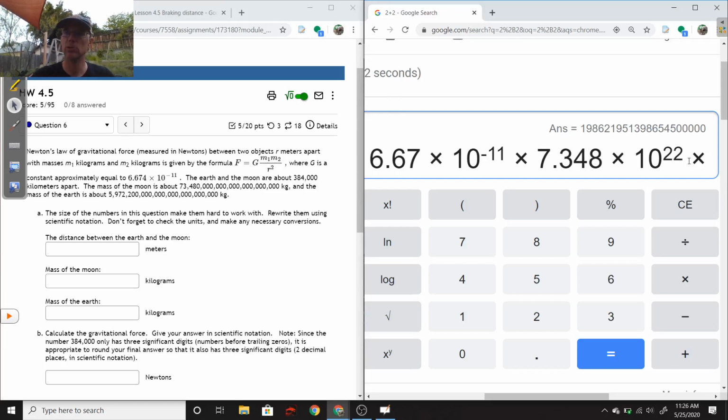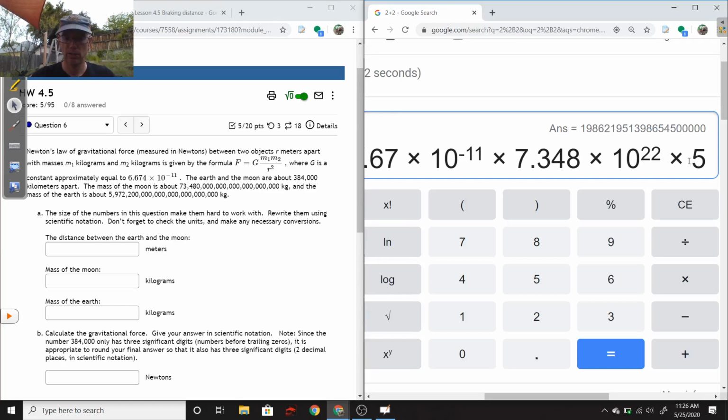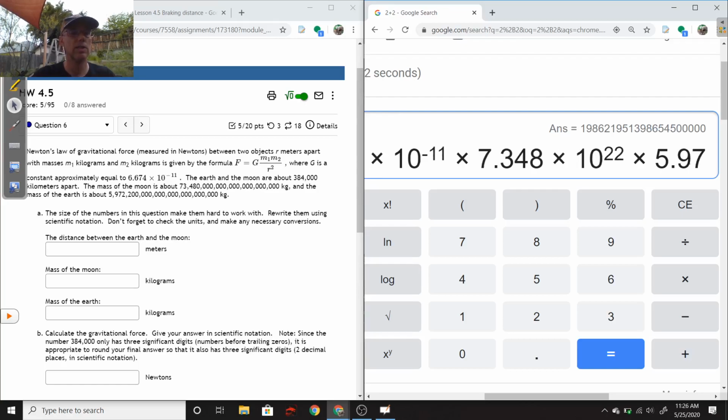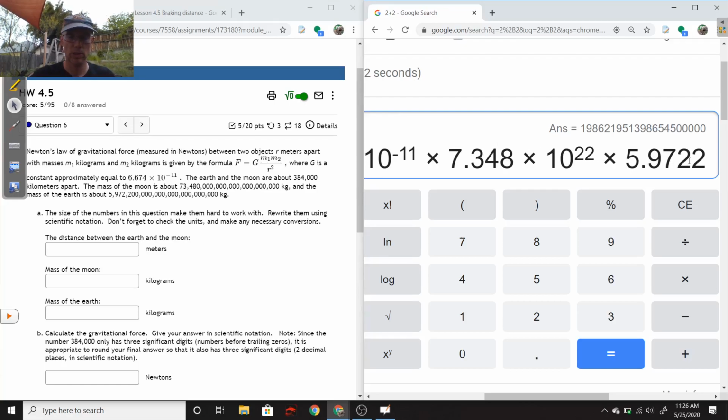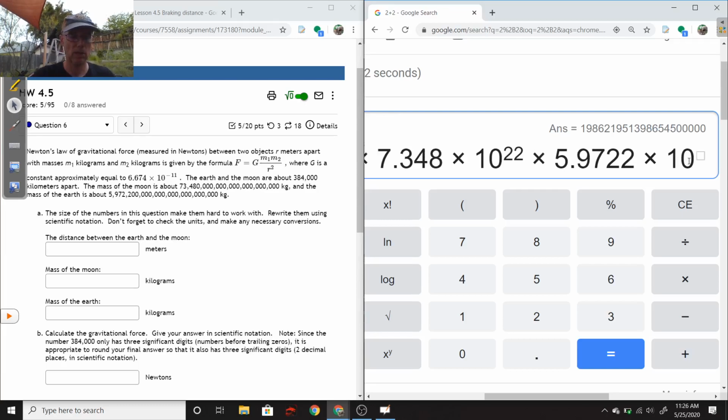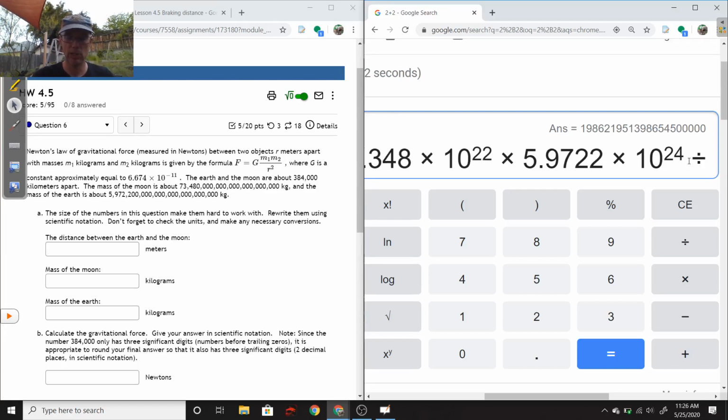And that gets multiplied by the mass of the Earth, 5.9722 times 10 to the power, we counted 24 places, divided by, here's where I need the parentheses,